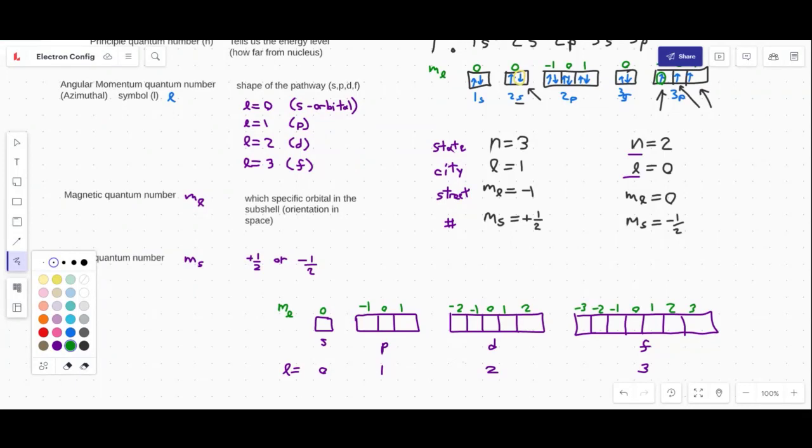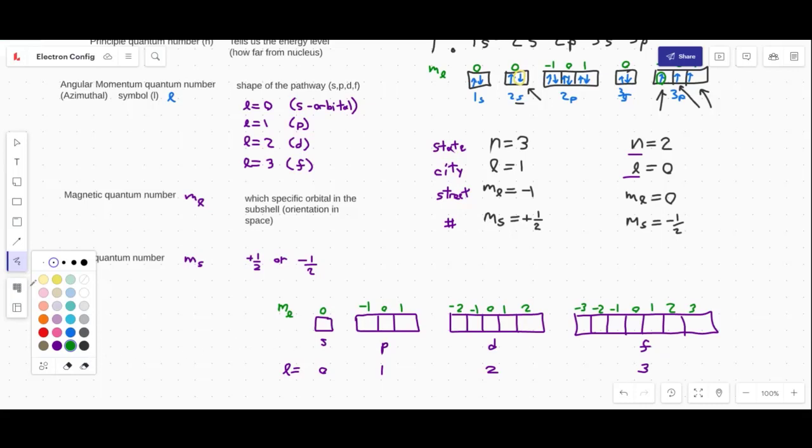How did you know how many boxes to draw for each level? Well, I happen to have memorized the fact that an F subshell always has 7, a D subshell always has 5, a P has 3, and an S is 1. It's actually not too hard to remember if you think about it, because it's just odd numbers: 1, 3, 5, and 7. But you could actually figure it out if you knew what the L value was. You could use the m sub L values to figure out how many